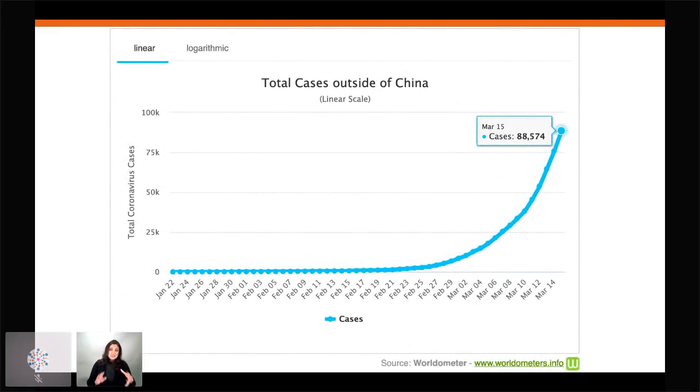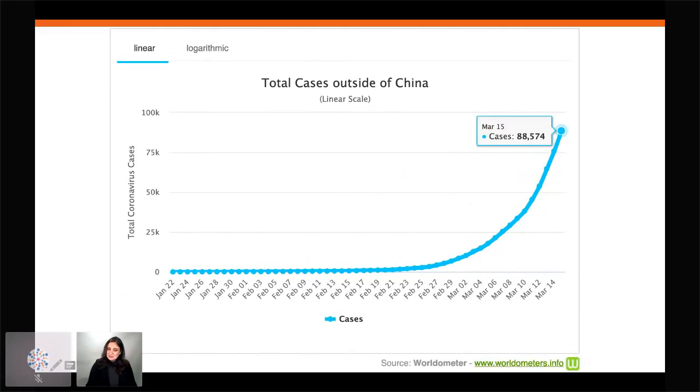And in fact, you truly see that in this chart. These are the total number of cases outside China. And you can see a clear exponential curve. Now, one of the problems with having exponential growth in something like a virus is, look at this, between January 22nd and February 21st, for almost an entire month, it didn't look like it was spreading very fast. And that can be incredibly deceiving.